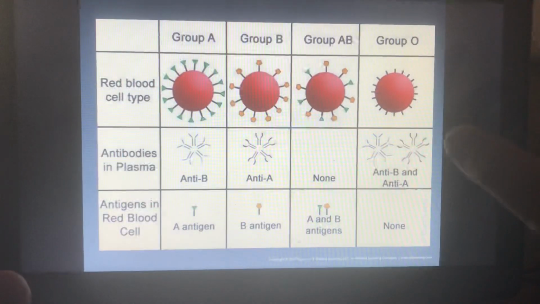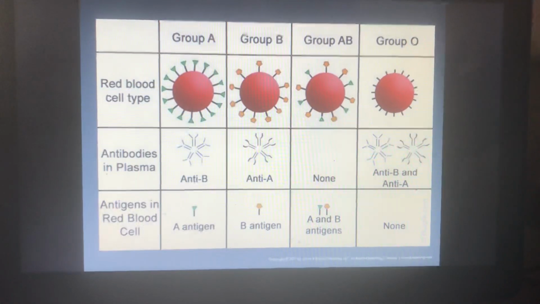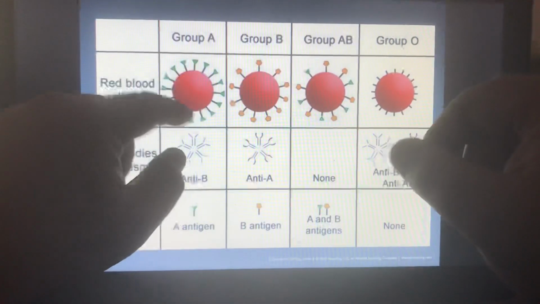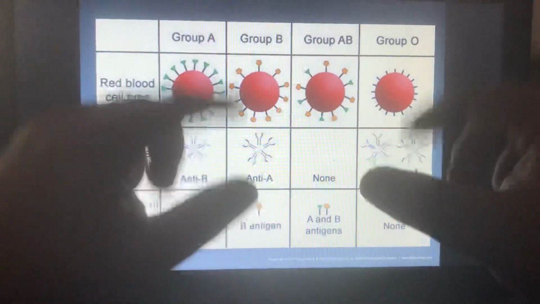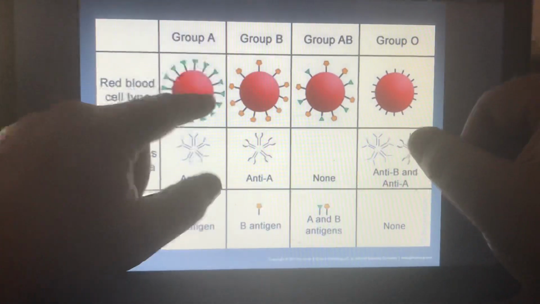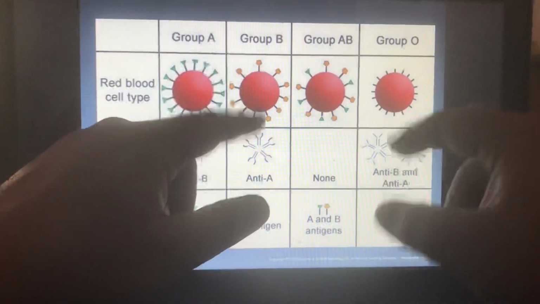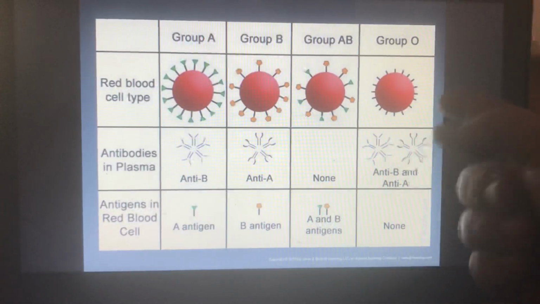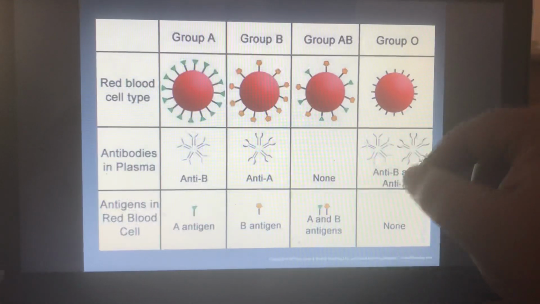So here you go. They call them group A, group B, whatever. But remember, you're back to your immunology. You've got cell markers on the outside of the cell. Red blood cells are no different. They just happen to have a certain cell marker that's either A, B, AB, or they have no markers, which is called type O. So with that being said,